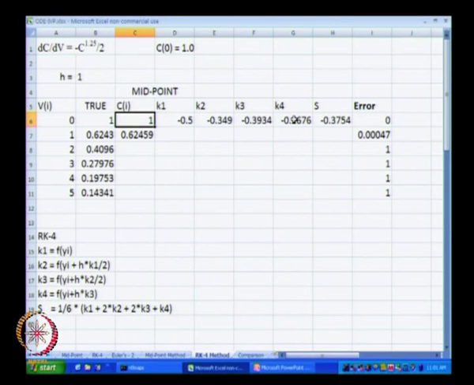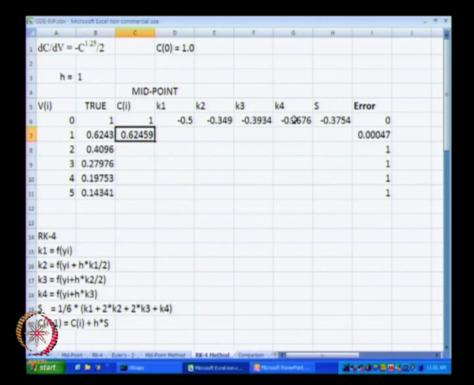Now, let us look at C I plus 1. C I plus 1 is nothing but C of I plus H multiplied by S.